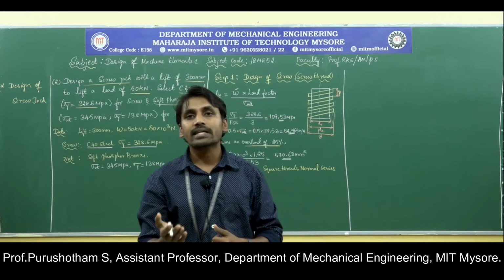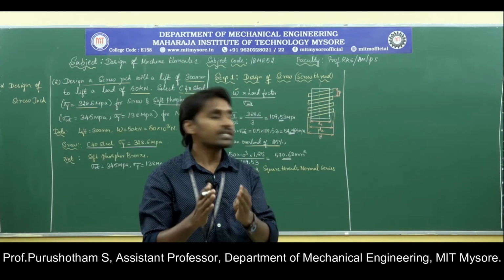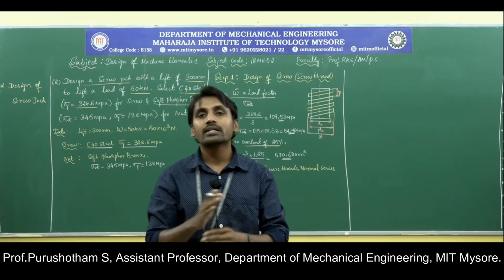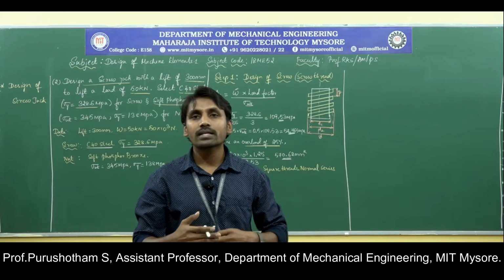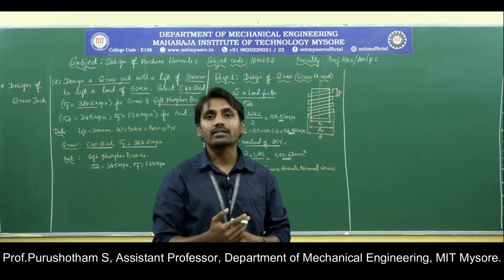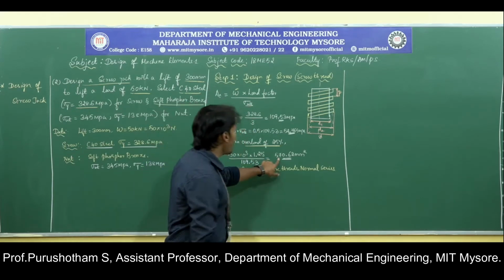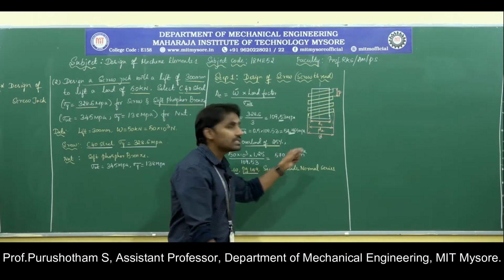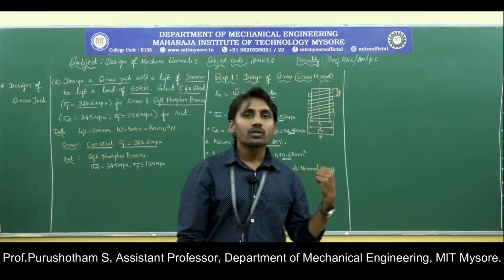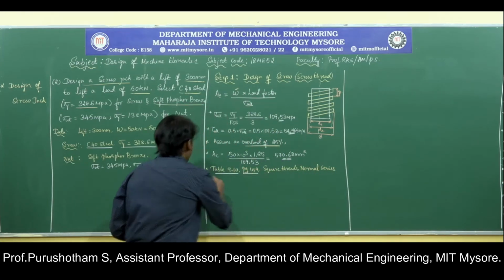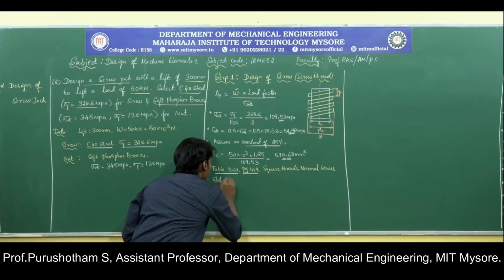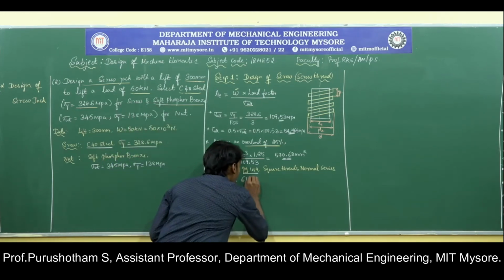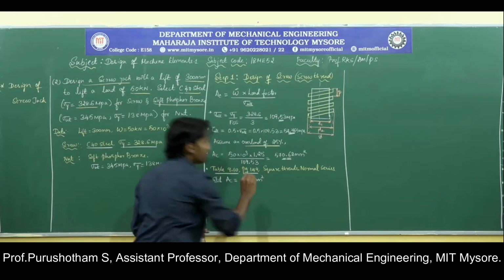We can't accept a lesser value. If the value is 570.62, but in the table the standard core area is around 568, then we can't take that, because as the area decreases, the stress increases. So while searching for 570.62, if it is available, then it's okay. Otherwise we have to take the next closest value in the table. From that, the standard core area from the table is 616 millimeter square.